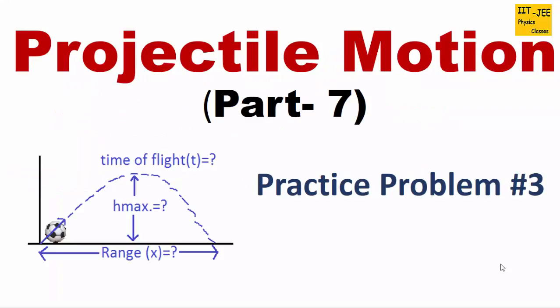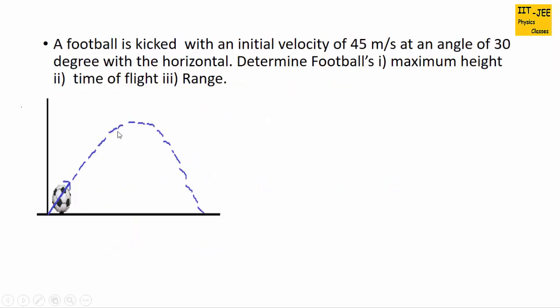Hello friends, in this video we will discuss a practice problem for a projectile which is launched at some angle theta from the ground. Here is the problem. It says a football is kicked with an initial velocity of 45 meters per second at an angle of 30